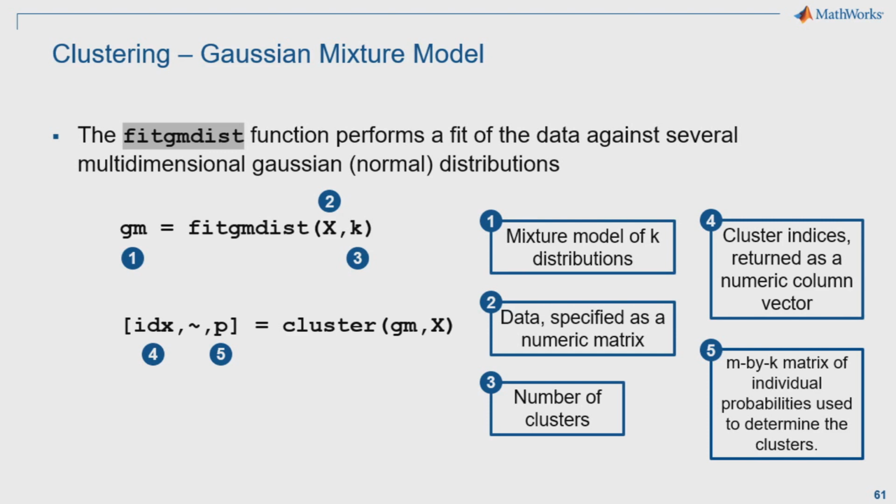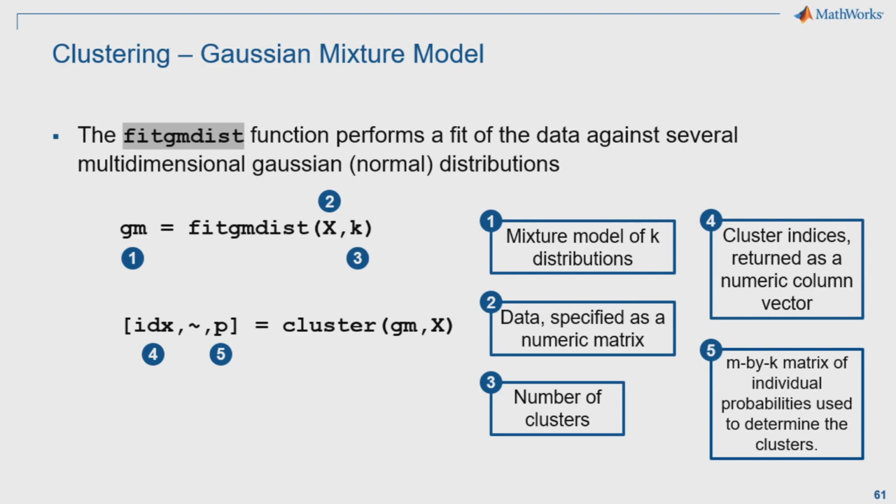So, the information that you see from the variable idx in this slide is exactly the maximum of the probabilities that you see in the P matrix that you obtain by the same function. So, wrapping up, fitgmdist is a function that builds a mixture model with k distributions, where k is a parameter to specify, and x is the data matrix to specify,